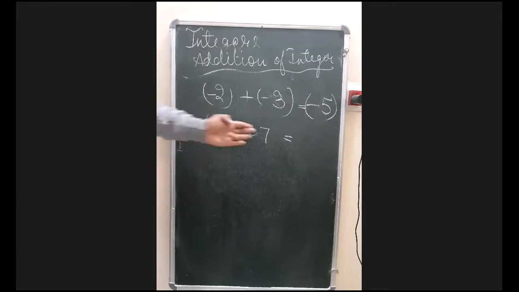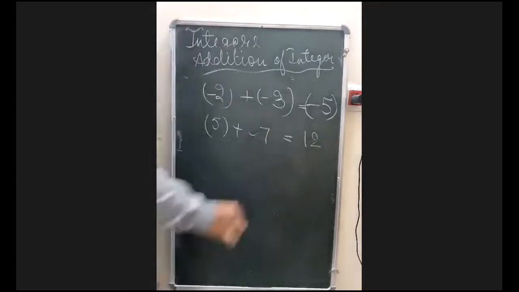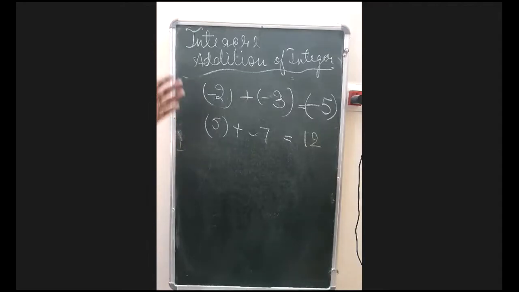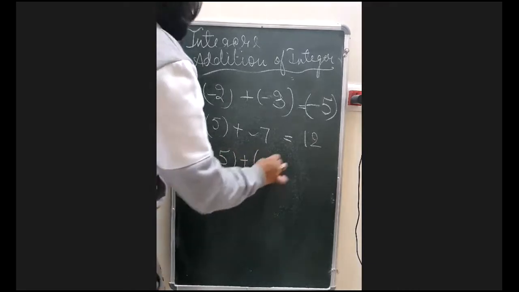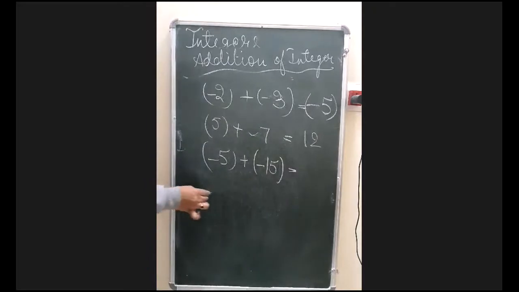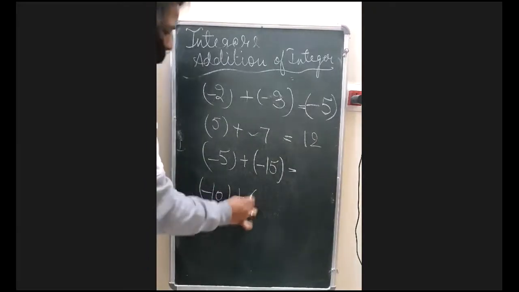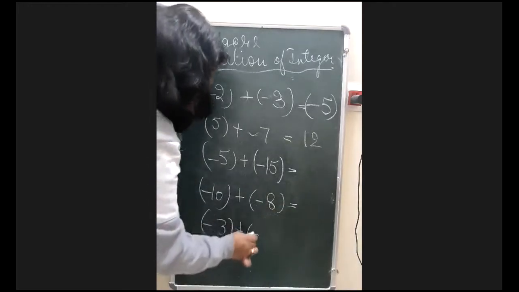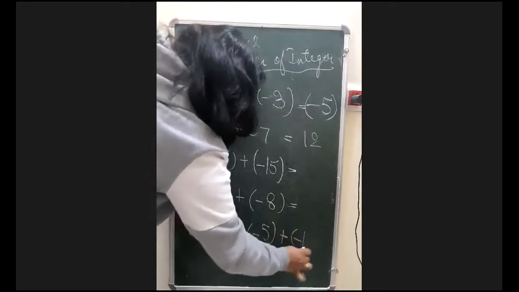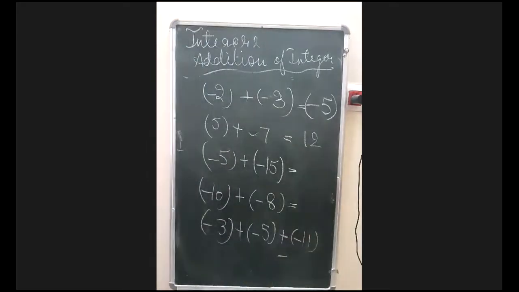The same thing, both are positive, they will be added, and here it will be 7 plus 5 which will give us 12, and दोनों में positive का sign है, so it would be positive only. So now suppose I give you -5 and -15, can you tell me what answer you will get? Please write it down in the chat box. फटाफट से लिखिए, what is the answer here? Three questions I gave you here and I want answers in the chat box for all three.